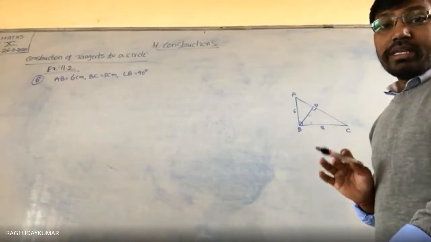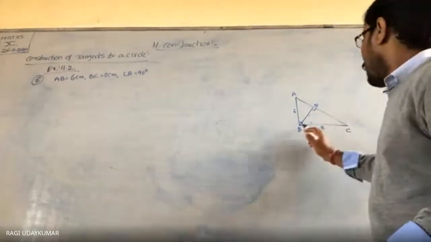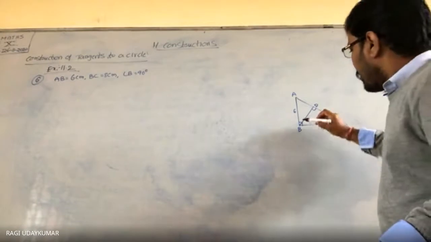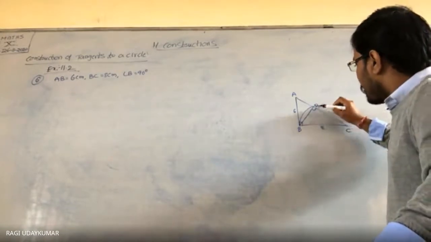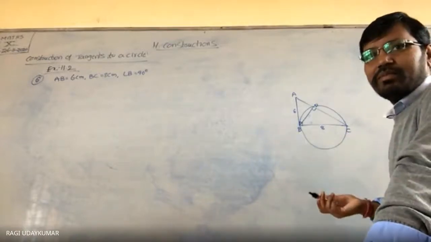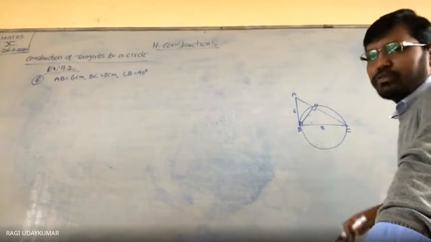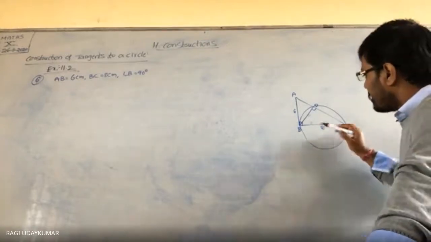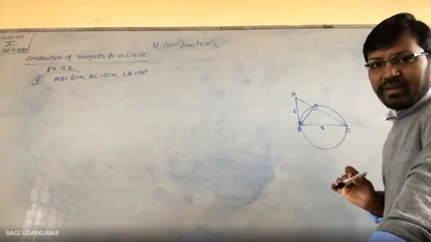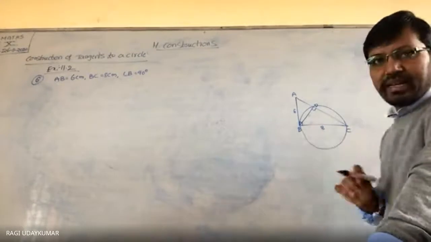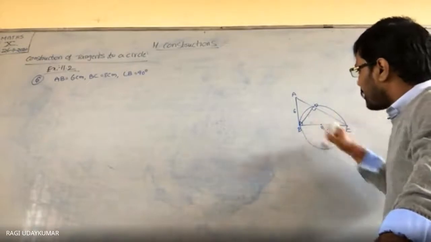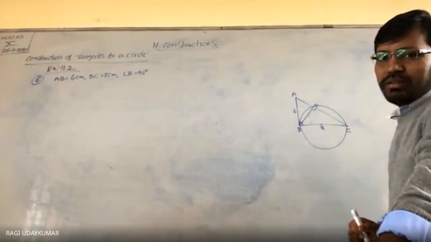Okay? And draw a circle through B, C, D. You have to draw a circle passing through these three points, like this. Sir, you can simply draw the circle. How do we draw the circle? I'll explain to you. Whenever you see this circle, this is an angle in a semicircle, 90 degrees. So BC becomes a diameter. Take the diameter, take its midpoint, and with this as the center draw a circle, and point D will come for us.